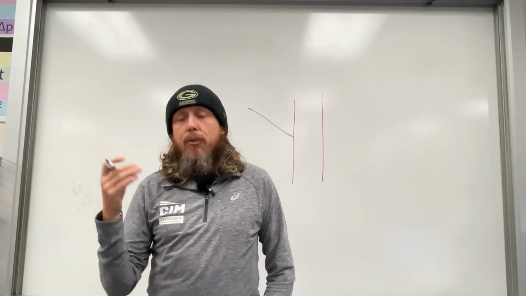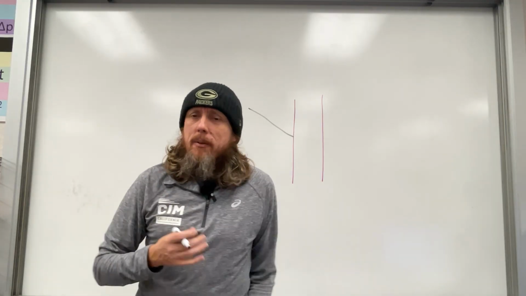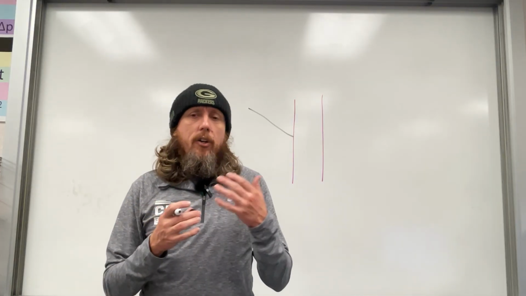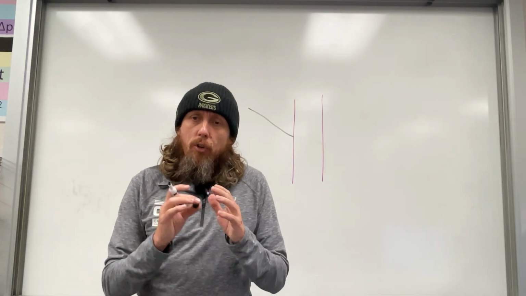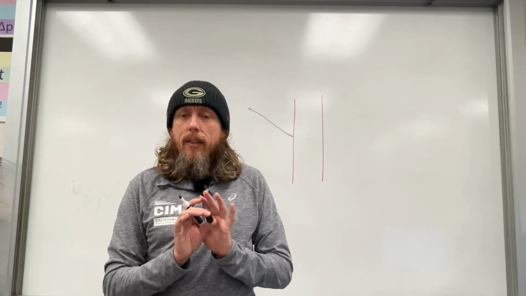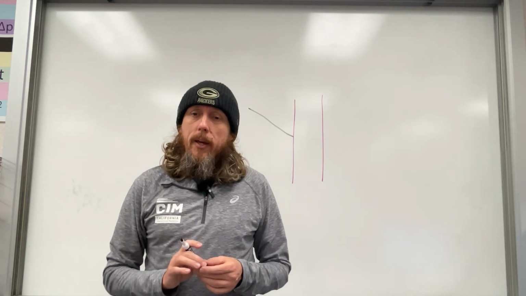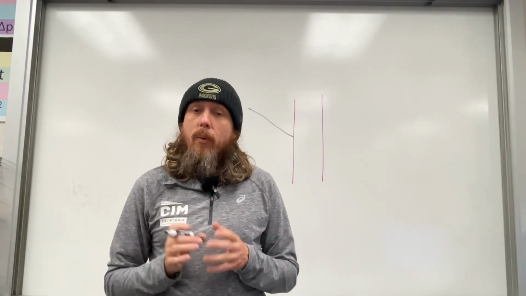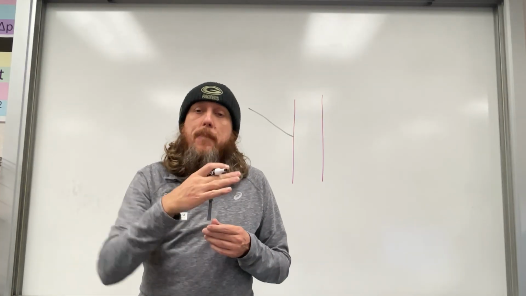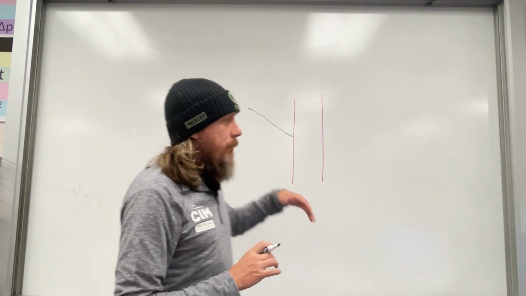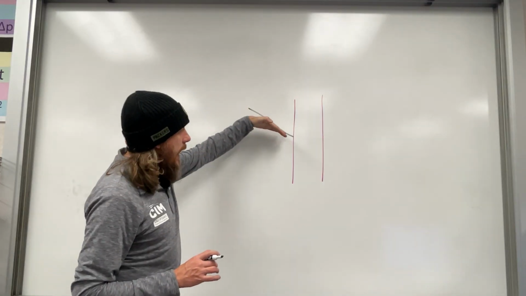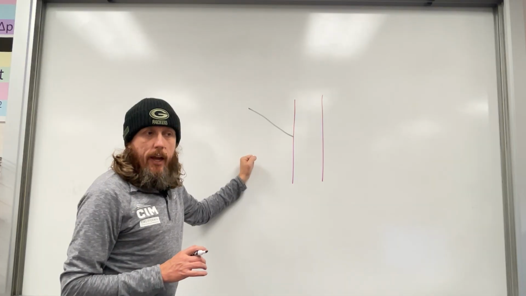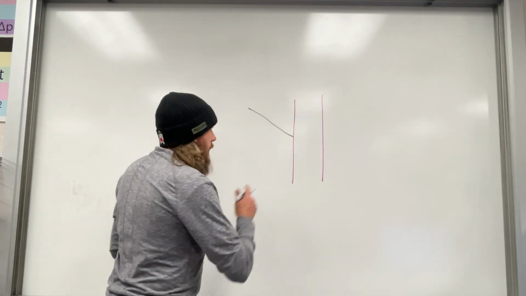If we've got light going through a vacuum, it's going about 300 million meters per second, very, very quickly. As we start going into things like water or glass, it slows the rate at which that light ray passes through it. And so the more we have a change in the speed of that light ray, the more we're going to have a bending of that light ray. So if I've got a light ray coming through the air and it hits this glass, glass is much, much more dense than air, and so it is going to bend that light ray